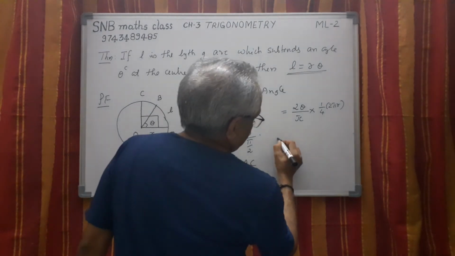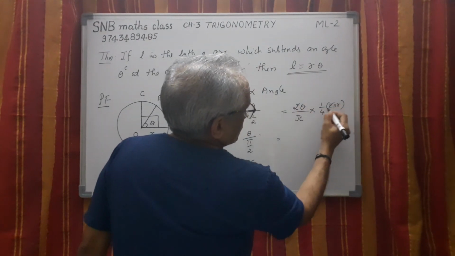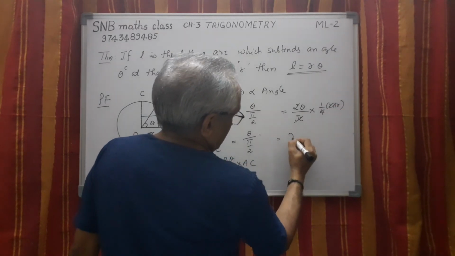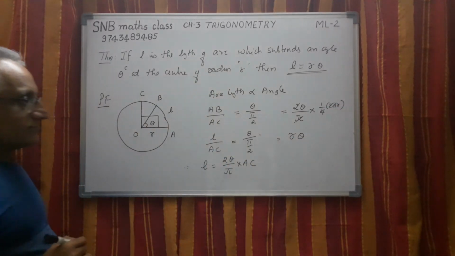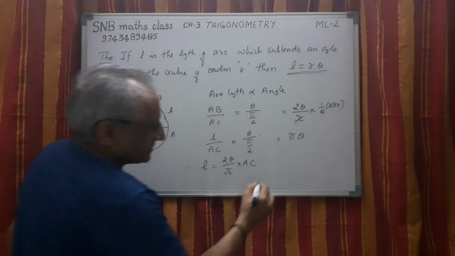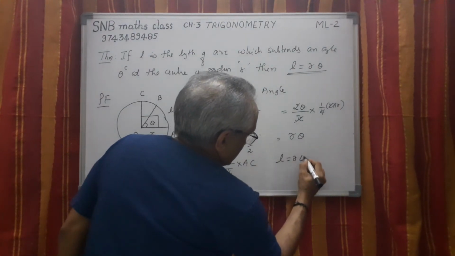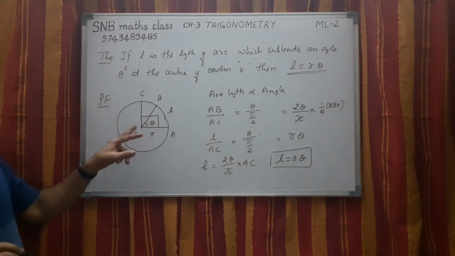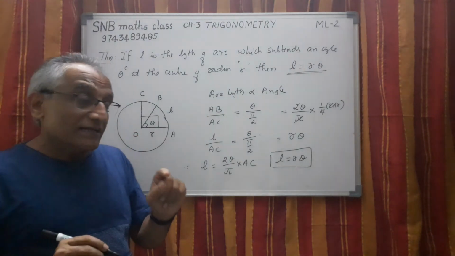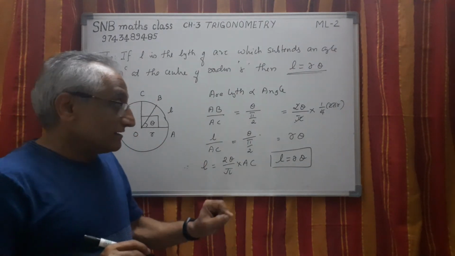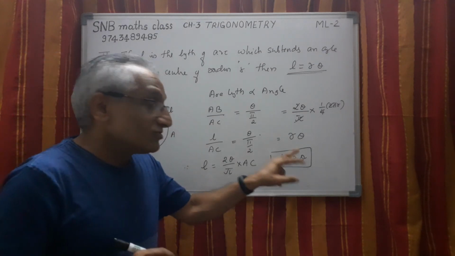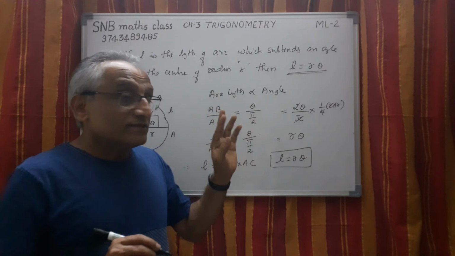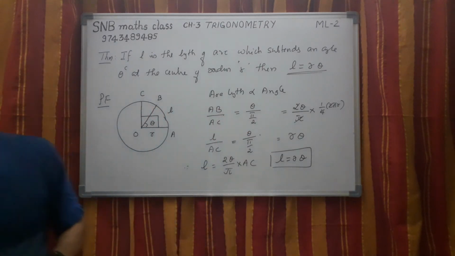So simplify. See, this 2 cancels, and pi cancels, r theta remains. So which establishes L equal to r theta. So this is a very useful result in finding the arc length of a circle. But remember once again, I am stressing this point very clearly. Theta should always be expressed in radian measure only. Don't use degree measure here. So this is the result.